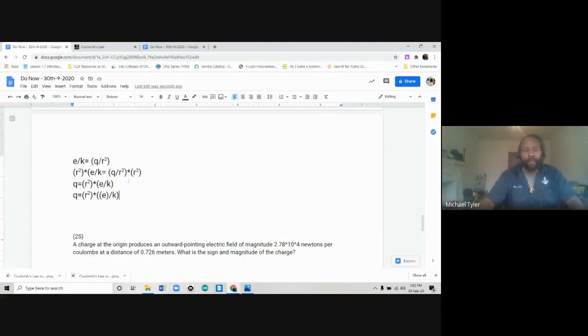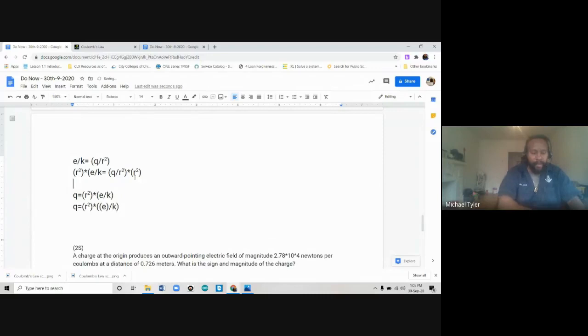Okay, so just so you know, let's recap. We've got Q divided by R squared. We wanted to get Q by itself, so we had to multiply by R squared on both sides. So here's a change, what crosses out there. So that part makes sense. Again, this R squared and that R squared divide to make 1.